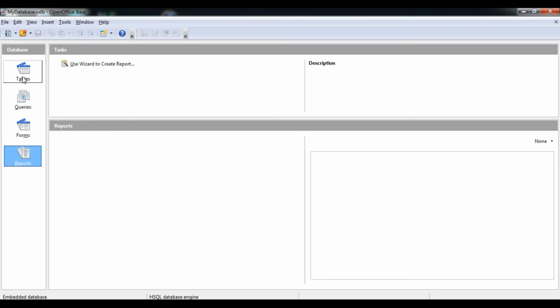Okay student, and now we are going to create a table, so let it be on table only. Here is the standard toolbar, this is the menu bar, in which a number of menus and commands will come. And here is the title bar, and the title bar shows the database name along with the extension, that is .odb. Here you can see, student, 4 panels have opened.